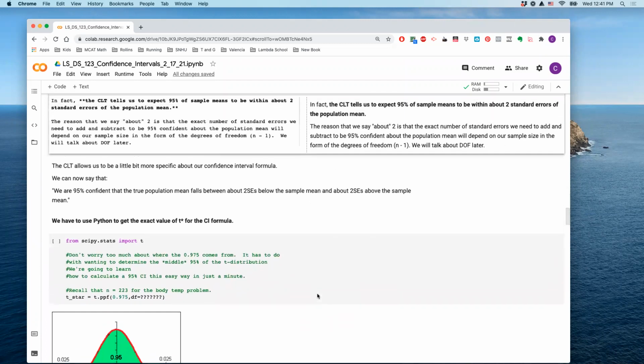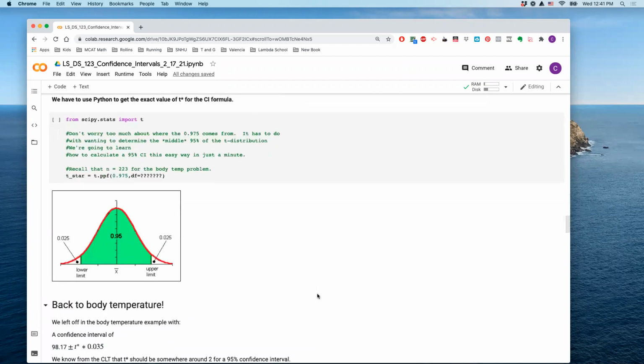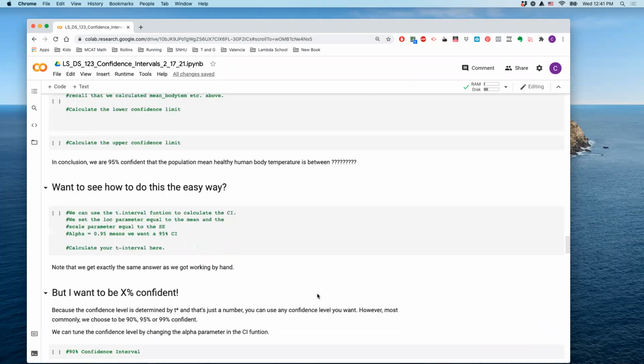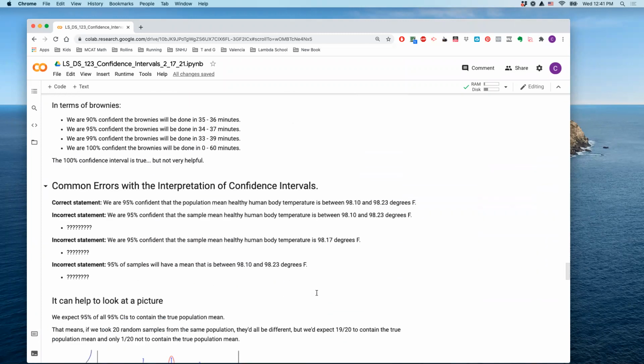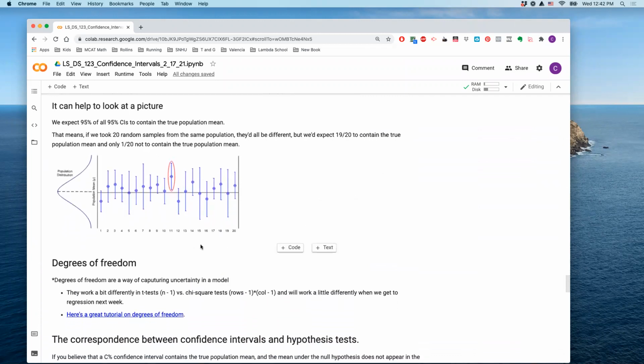So I want to show you one more picture before we go further, because I think this is a really good graphic. Again, what we're trying to do is create a confidence interval that overlaps the true population mean. We only take one sample. We generate one sample mean. On this picture, these little circles represent the sample mean of doing the experiment multiple times.